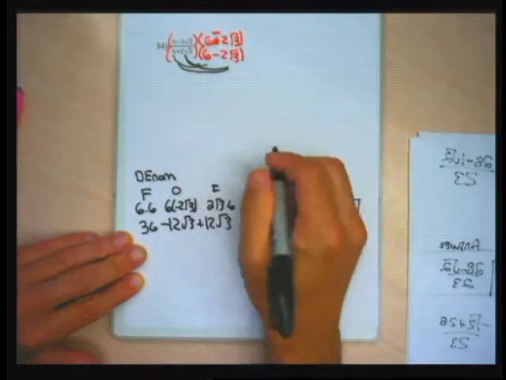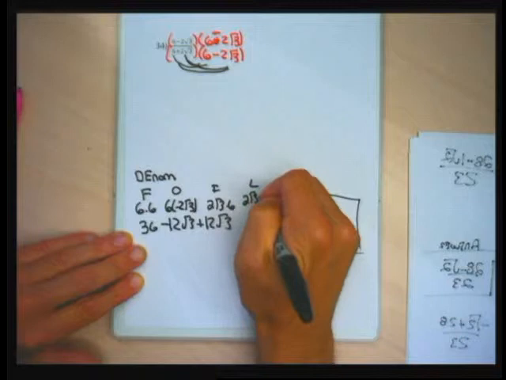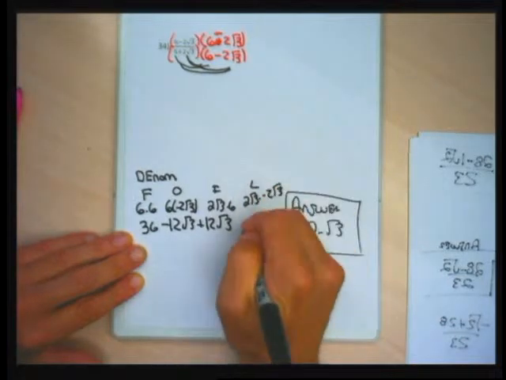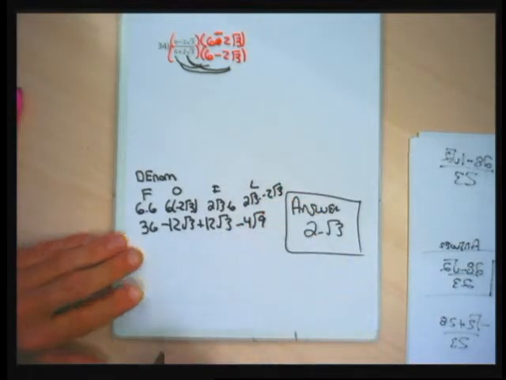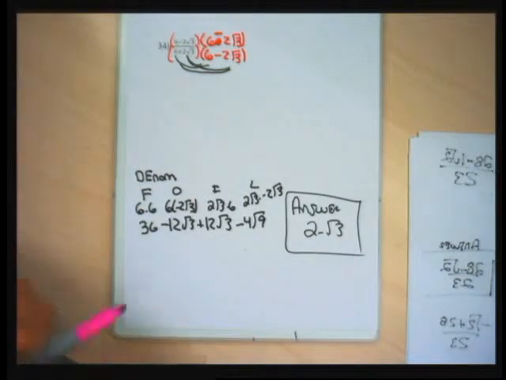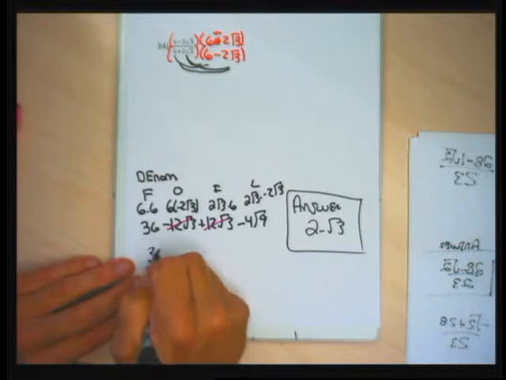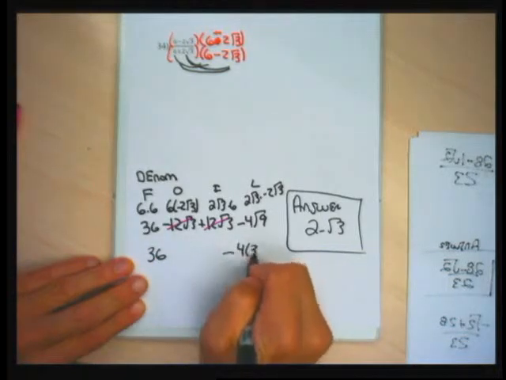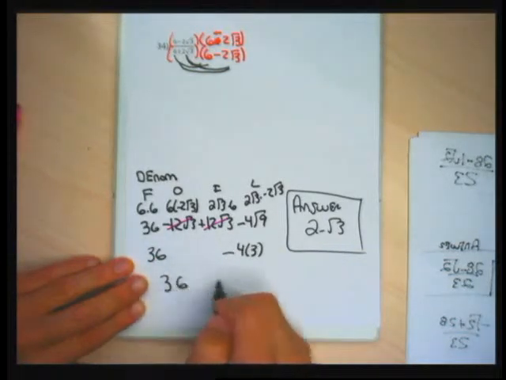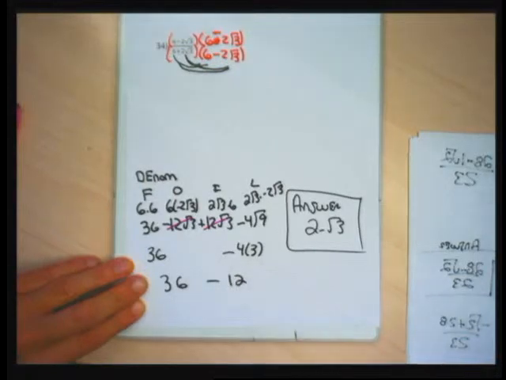The lasts are positive 2 square root of 3 times negative 2 square root of 3, which is minus 4 square root of 9. So the outers and inners cancel. The lasts becomes minus 4 times 3. So I'm going to get 36 minus 12, which is 24